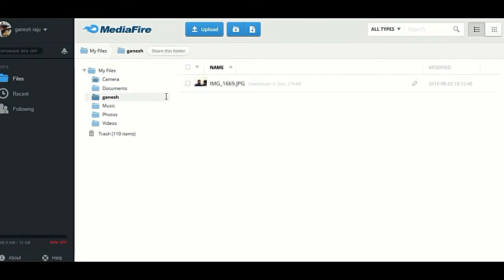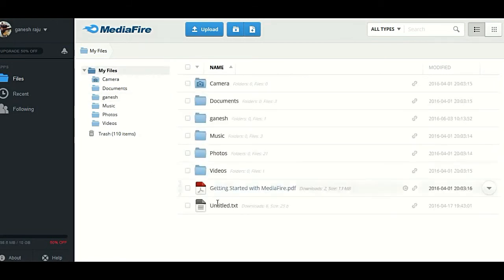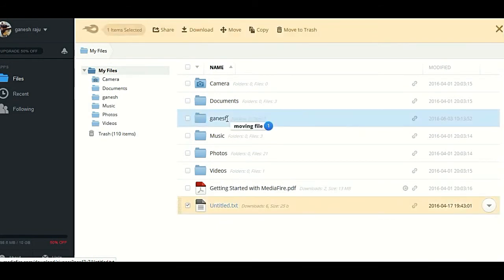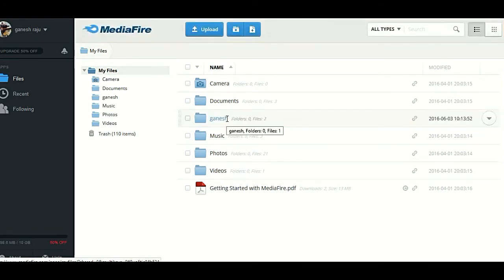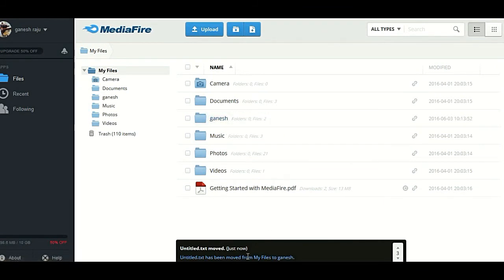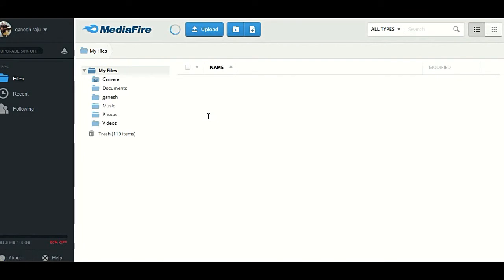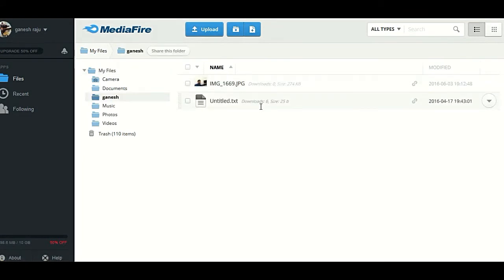Otherwise, you can just drag it into any one of the folders. So it is also moved to Ganesh. Another thing you find, now here are two files. One is an image and one is a text document.